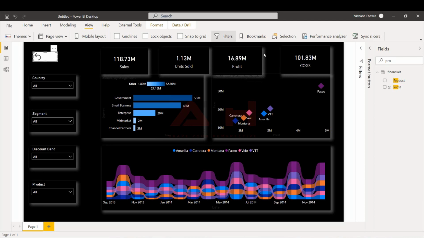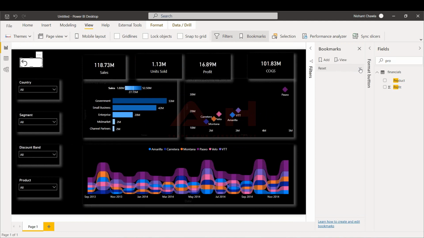So the last thing is how to add a picture. Isha is asking how to add a picture on this bookmark. Okay, it's not basically a picture, it's like a snapshot, right? You are only capturing the current state of your report. What I did was just take the snapshot. When you go to your bookmark, when you create anything, you just